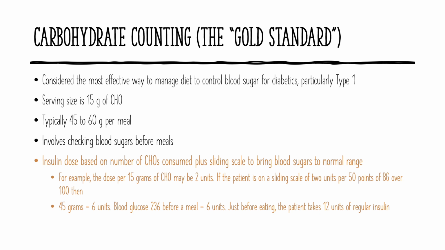The saying is, give the shot while the meal is hot. So the food gets to them, they take their insulin and immediately start eating. This is because they're taking a high dose of insulin. This will not just bring their blood sugar down to where it should be. This will bring their blood sugar down to where it should be and keep it there even as the carbohydrate enters their system through digestion.